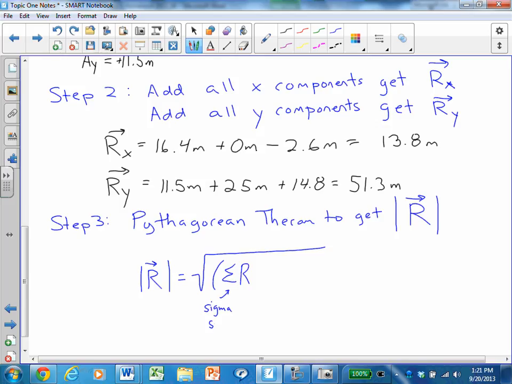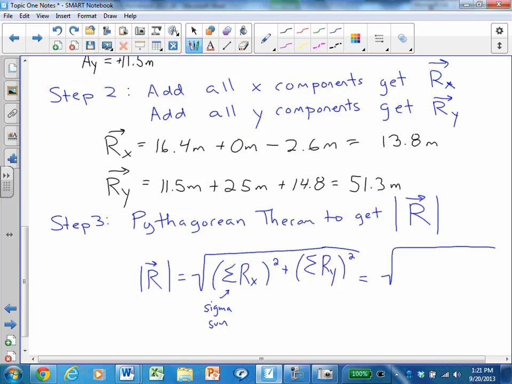That means the sum of all the x components squared, like your a squared, plus the sum of all the y components squared, like your b squared, and this is like your c over here, and it's a square root. So I should have made it a different color, but anyways, equals,